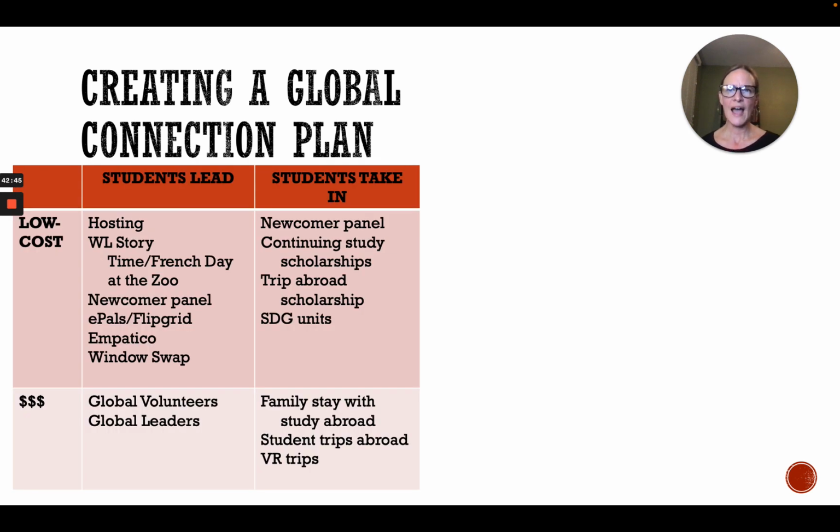So now, adding those items in, looking back at the matrix I made for my global connection plan, it's important to consider that this doesn't just have to be you. It doesn't have to be me doing all of these things in this grid. Instead, it can be implemented across the department or across a whole school. So is this more equitable than what I initially had?